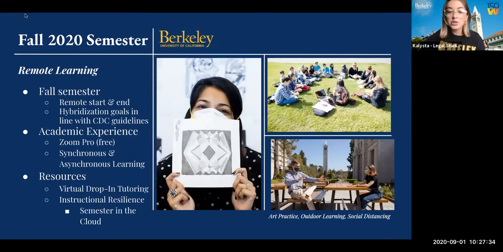So a bit about the fall 2020 semester, because it is very different this semester than in the past. We're starting the semester and ending the semester with remote learning, with hopes to have some sort of hybrid format within the middle of that, in line with CDC guidelines, if it is safe. Some things to heighten the academic experience, even though it's online, is that we are all given Zoom Pro for free as students, which is very helpful and allows Zoom to work super smoothly for us for the most part, which is really great. There's also synchronous and asynchronous learning, meaning that some classes you can choose to be live